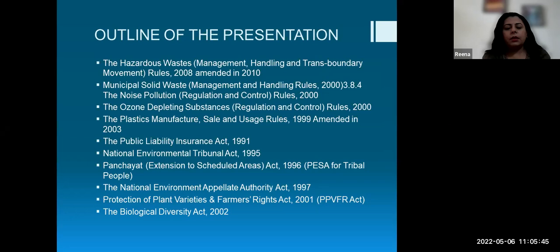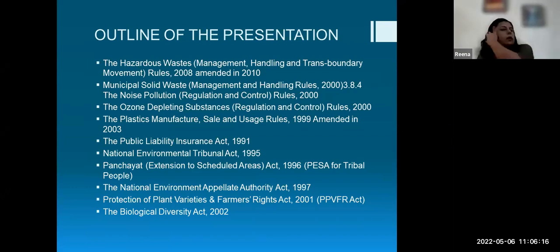Okay, so that's why, whenever these guidelines and acts are put into the public domain, before they are finally notified as a gazette notification, it is our responsibility as stakeholders to go through them and give our feedback. Through our personal email only, we can give feedback to the ministry regarding any acts or rules in the environment domain.